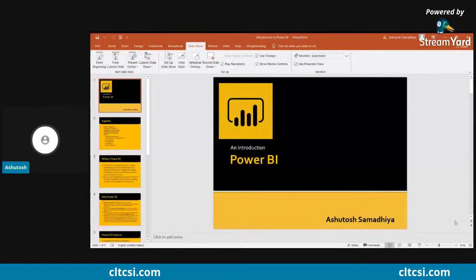I'm Ashutosh Samadhiya. I have around 14 years of experience on the SAP Business Intelligence platform. Along with that, I have done some self-study on various other business intelligence tools like Power BI, Tableau, BODS, SSIS, SSAS, etc. So yes, you can say that I have devoted my entire career to business intelligence, and here I am spreading some knowledge for your